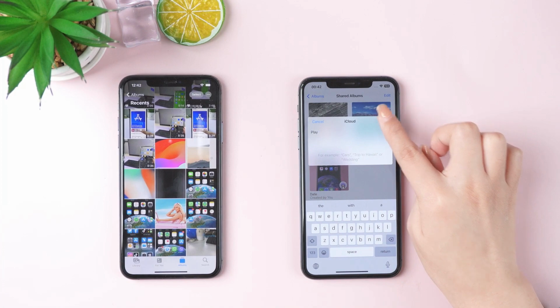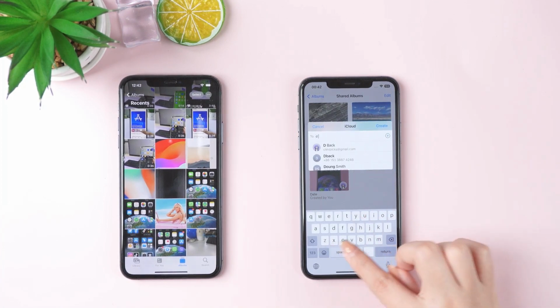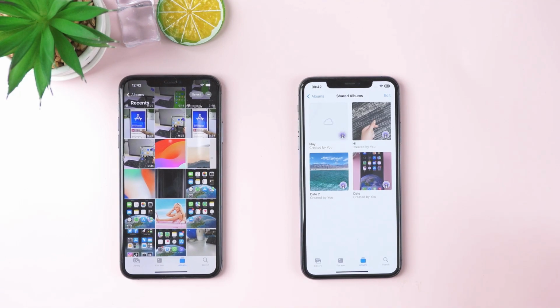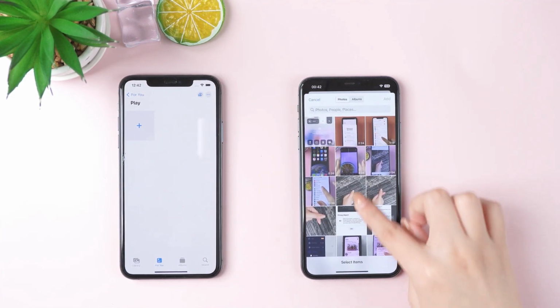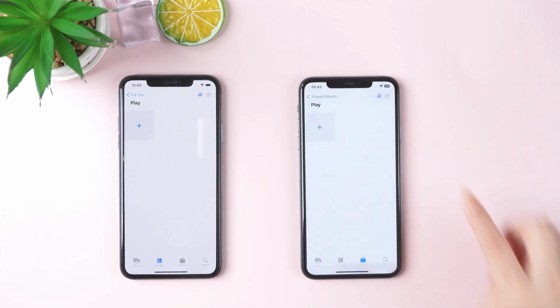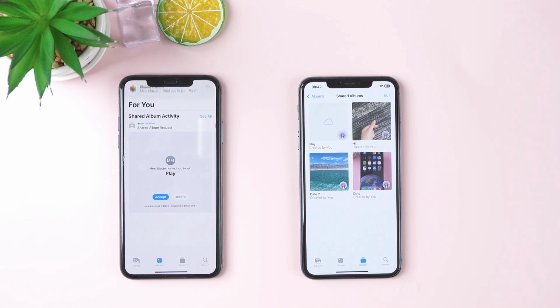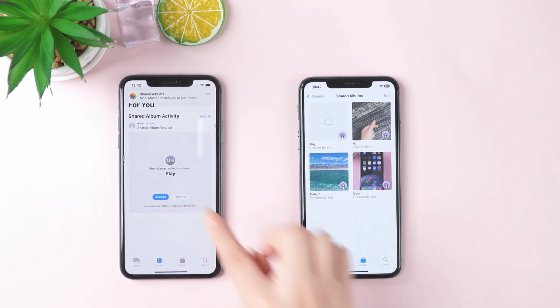Name the shared album and click Next. Select the contacts you want to invite, or enter their email addresses or iMessage phone numbers, then tap Create. On the sender's iPhone, add the photos you want to share to the shared album. On the receiver's iPhone, open the Photos app, agree to the invitation, and go to the shared album to view